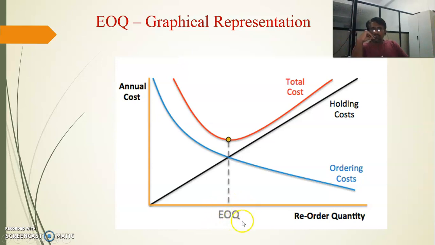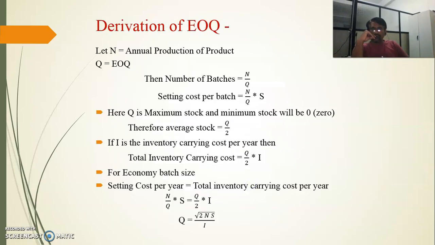That means this much amount of the quantity if a batch will have, so definitely the company will be benefited by both the side, that is benefited by economy order quantity, that is economy in the purchase also and economy in the inventory also, inventory carrying cost also. So this can be understood with the help of the numerical, and before to that we require to get the formula so that we can calculate the EOQ, that is economy order quantity.